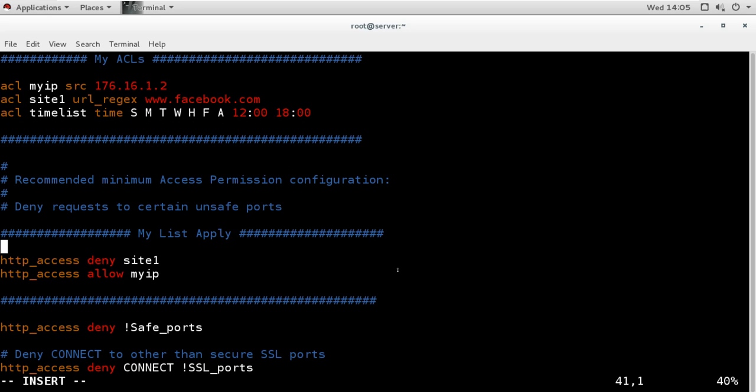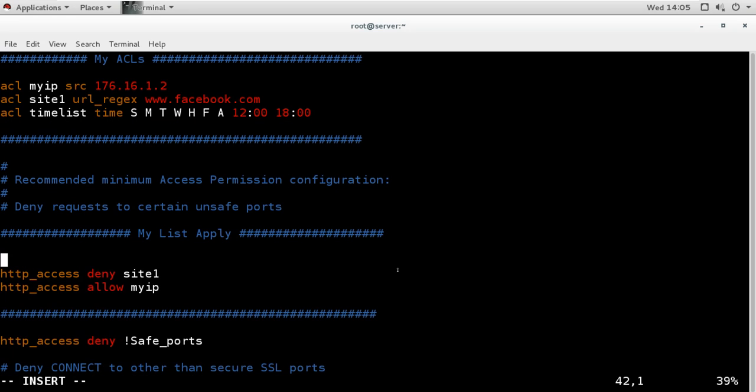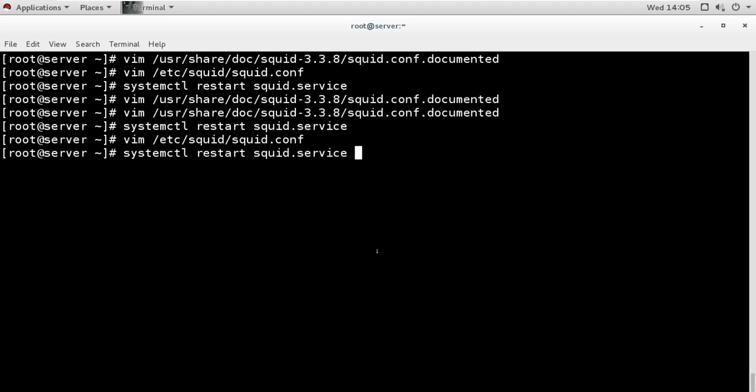Then I can say here http_access, I will say deny on this time. Right now it is 2, so within 12 to 6, this is the time, so it is going to be denied on this time. So time list, and then I will restart.